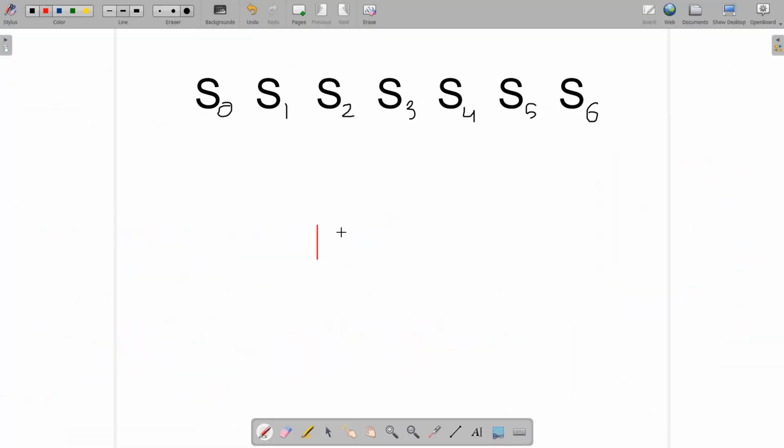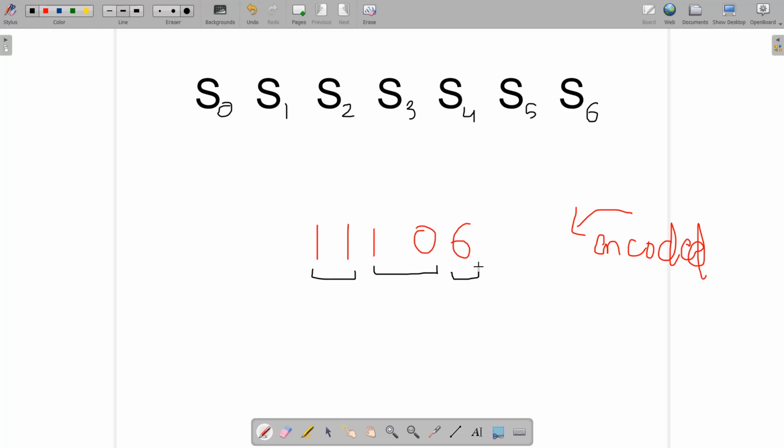Okay, now you can see 11106. If this is the particular string and this is the encoded string, now we need to decode it, and we need to count the total number of ways. So you can see that we are going to group certain digits. Like if we try to group this one, and this one, and this one, this is 11. You can see a particular character starting from A and ending at Z. It starts from 1 and it ends at 26. So if a particular number is 11, it is going to correspond to some character.